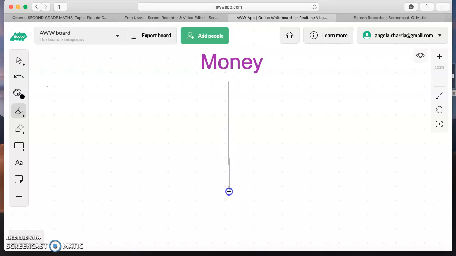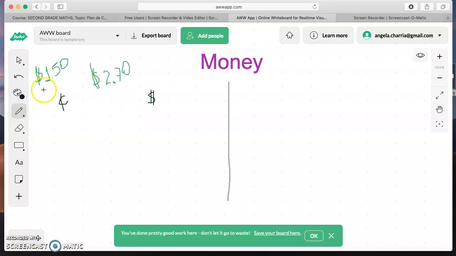The first one is to add cents first and then the dollars. So for example, I want to add $1.50 plus $2.70. So the first option here is to add the cents first and then you add the dollars. So you're going to add first 50 cents plus 70 cents,